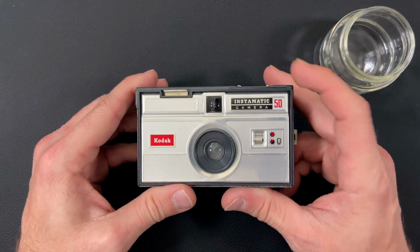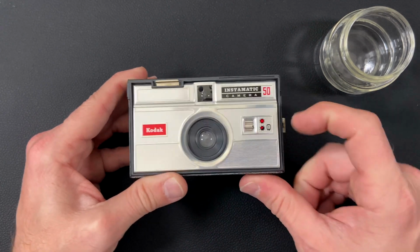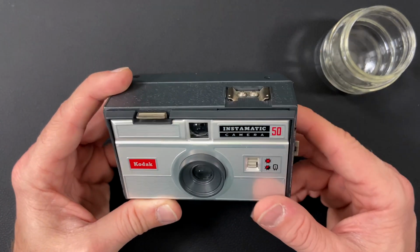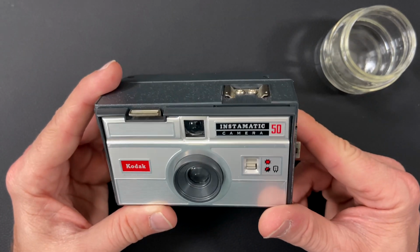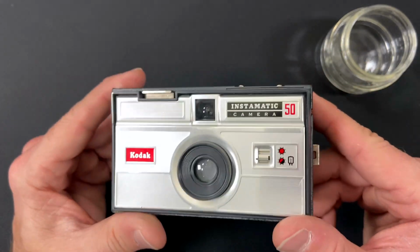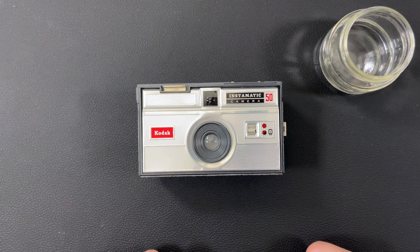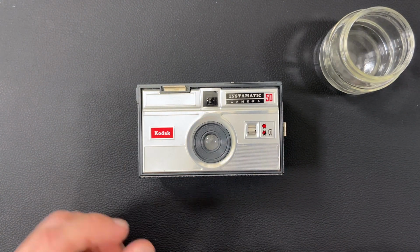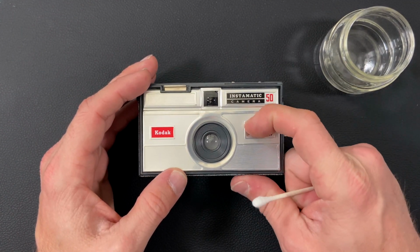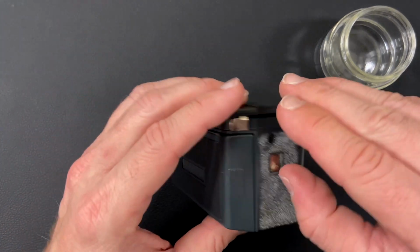It has two settings. In the up position, it's for sun. In the down position, it is for the flash, which would slide onto this dual contact hot shoe. So that's pretty unique about this camera as related to most of the other Instamatic cameras. When it's set to sun, it's 1/40th. Set to flash, it's 1/90th. It uses 126 film,